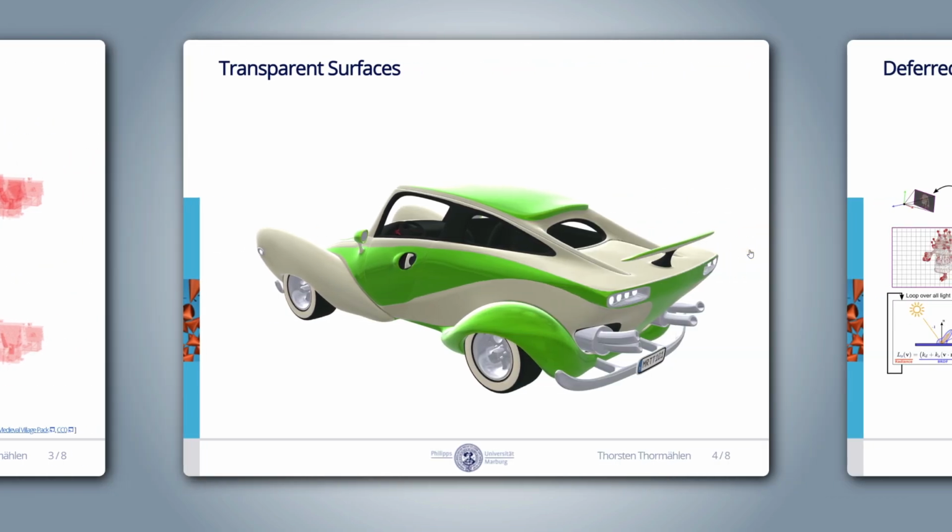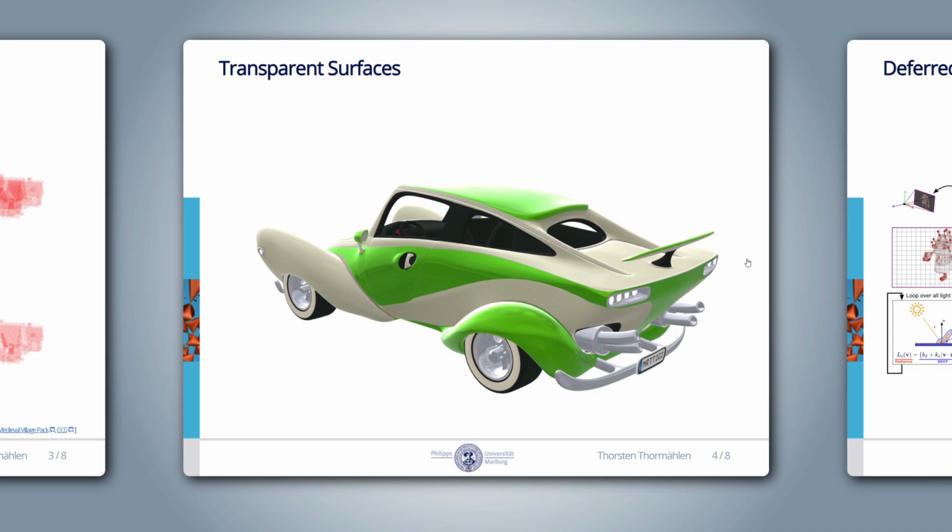By the way, if we have transparent surfaces, they should be rendered in a back-to-front order, not front-to-back. We render the opaque surfaces in the background first. Their output colors are written to the frame buffer. In the example shown here, we render all the opaque surfaces of the car first. Once this is done, we can render each transparent surface on top by alpha blending the color from the frame buffer with the color of the transparent surface to get a see-through effect.